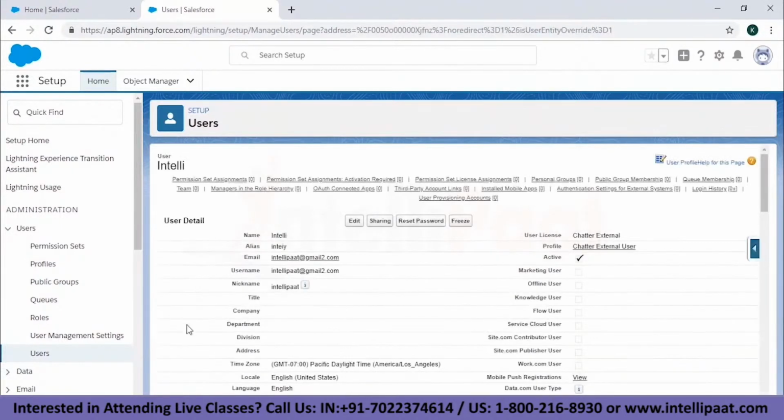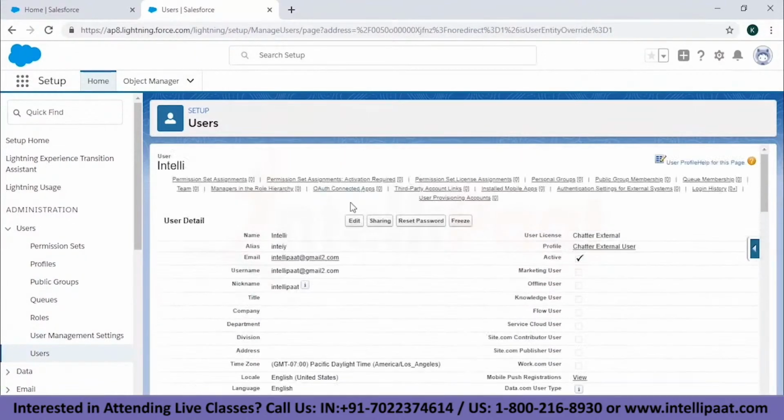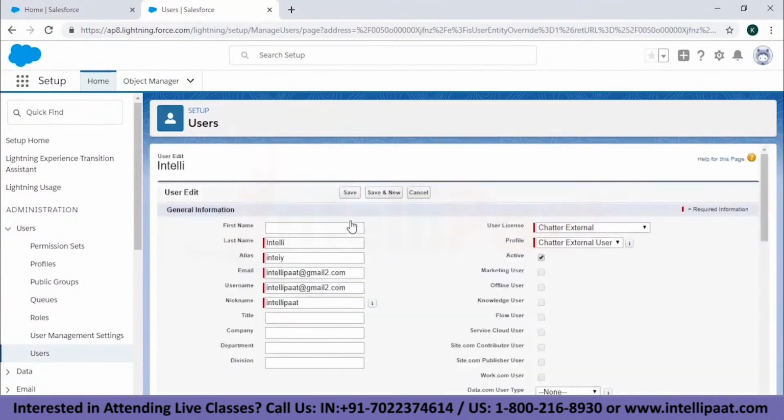Okay, so this is the information about the user. We have created the user. We can go back and edit anything that we want from this user. We can change the email ID, username, anything we want. Another thing is that there's this active button over here. This is a checkbox actually.